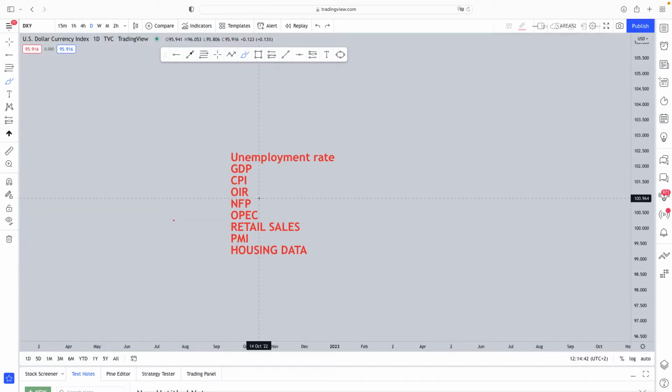So next we're going to look at the most liked one, the NFP, that most of the gamblers like to trade, where they go buy stop, sell stop, and then the market goes. So the NFP, I think most of you know what the NFP is.